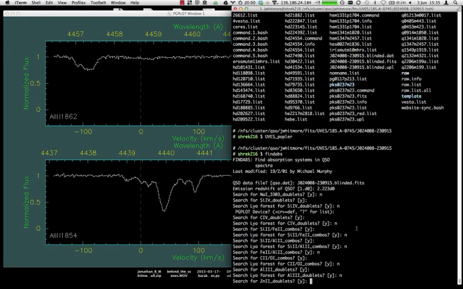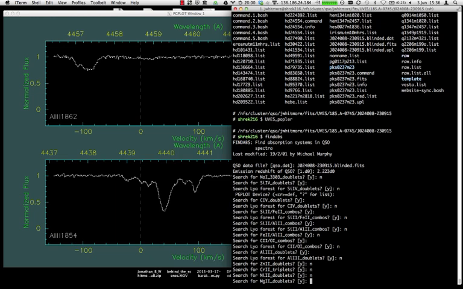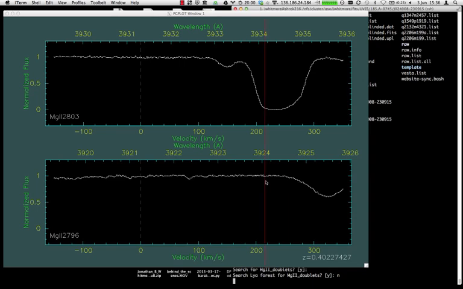Then there's a series of very weak lines that you might search for if you're looking for something in particular, or if you're just looking to pick out one particular absorption that you already know about based on a certain set of transitions, like zinc 2, chromium 2, nickel 2, which are all very weak, but the magnesium 2 is very, very strong, and you should look for that all the time because you'll pick out even weak absorption systems here. The trouble is it's quite a red doublet, and so you're already starting at redshift. You're not going to extend to very high redshift in your spectrum. So starting at redshift 0.4,